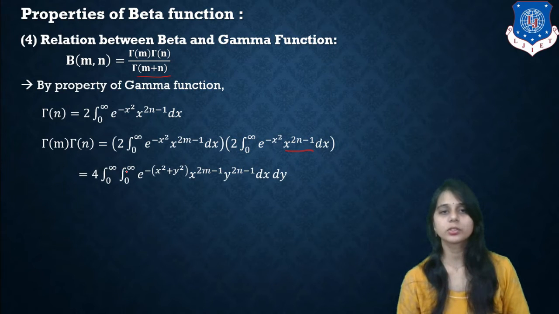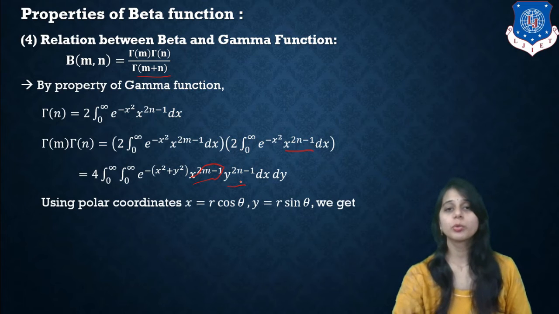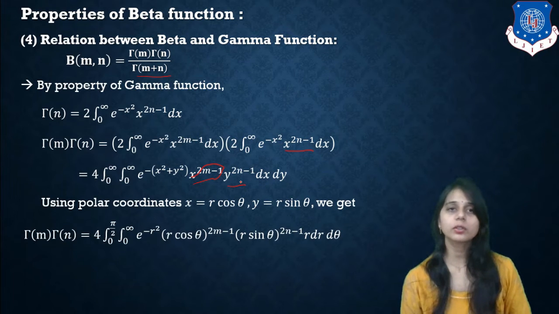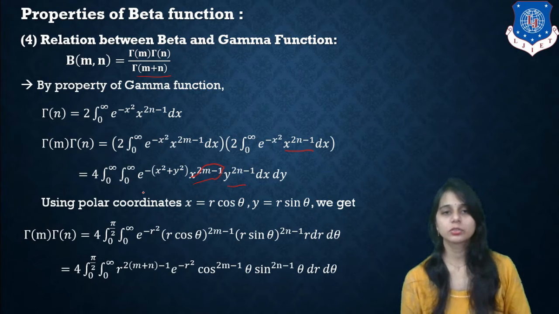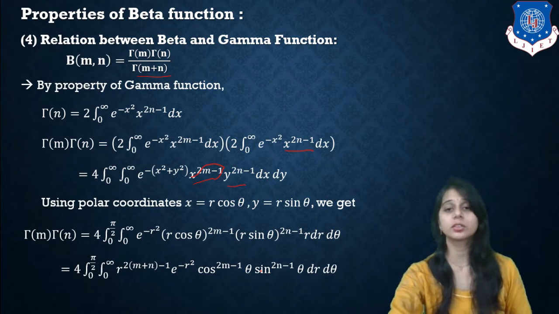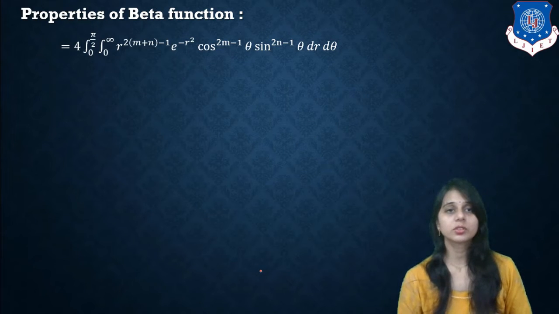Taking 0 to infinity e raised to minus (x square plus y square), x raised to 2m minus 1 and y raised to 2n minus 1 dx dy. Using polar coordinates, we are taking x equal to r cos theta, y equal to r sin theta, dx dy equal to r dr d theta. So it is r raised to 2m plus 2n minus 1, e raised to minus r square, cos theta raised to 2m minus 1, sin theta raised to 2n minus 1. Using the polar coordinate formation, we get